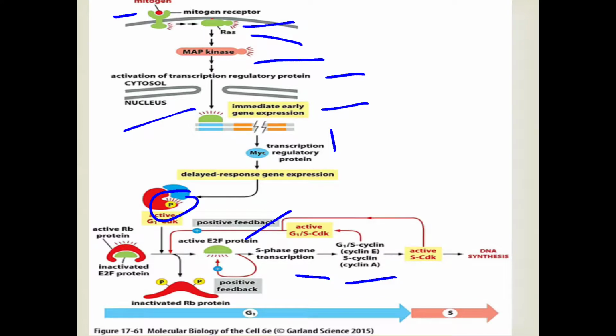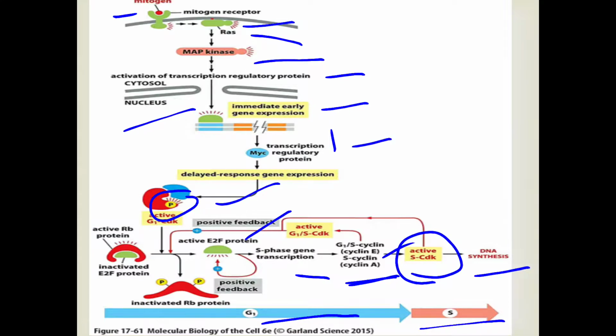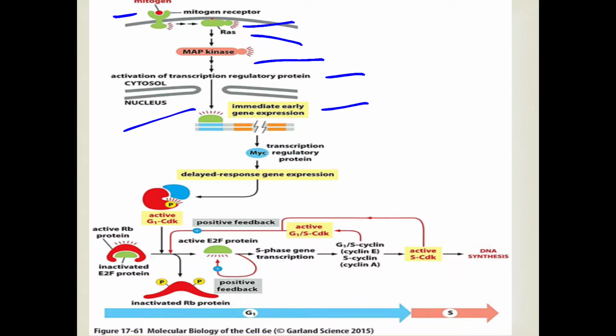G1S cyclin ਦੇ ਵਿੱਚ ਆਉਂਦਾ that is cyclin E and S cyclin ਦੇ ਵਿੱਚ ਆਉਂਦੇ ਨੇ that is cyclin A, that will allow the activation of the S CDKs and that will further lead to the DNA synthesis. That means it will allow the G1 phase to enter into the S phase, ठीक है. सो इस तरीके ਨਾਲ ਹੁੰਦੀ ਹੈ ਜਾਂ ਤਾਂ ਇੱਕ ਇਹ ਵੇ ਹੈ ਕਹਿ ਲਓ ਕਿ where the MYC will be regulating the formation of the G1 CDKs, so G1 CDKs ਦੀ ਕਹਿ ਲਓ ਕਿ formation take place ਹੁੰਦੀ ਹੈ। ਜਾਂ ਇੱਕ ਚੀਜ਼ ਹੋਰ ਹੈ ਕਿ